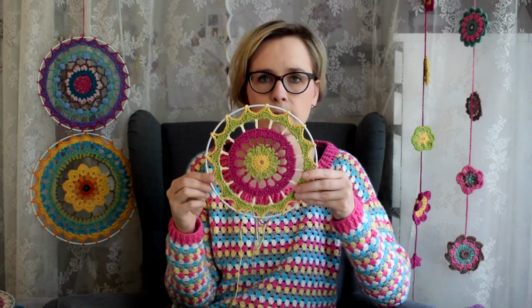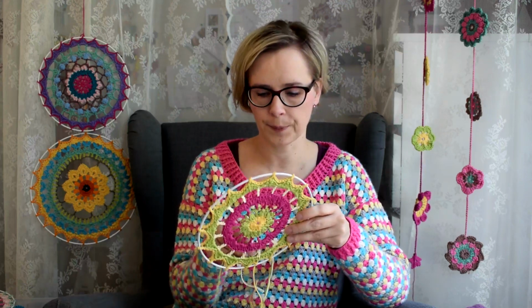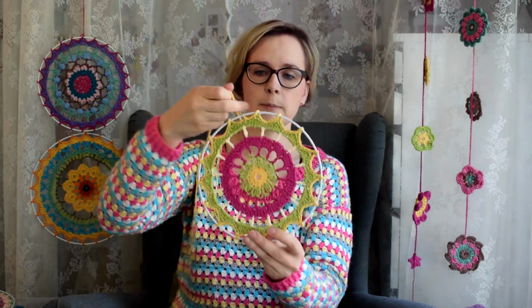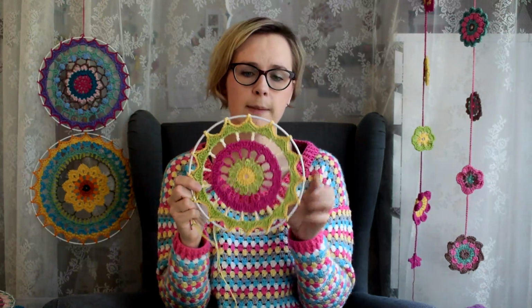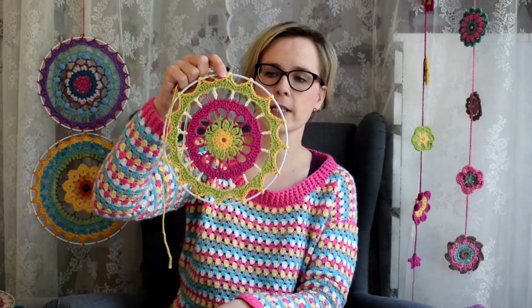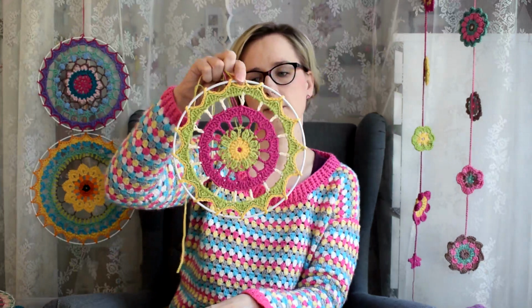Then I have hoops that are 20 centimeters wide, and I didn't find any pattern that was suitable for Drops Muscat and 20 centimeters width, so I made this. I designed this myself. It's nothing really special, but well, it's from my head, and I have 2 more of these size 20 mandalas, and I am planning to modify this first design so that I can get 3 different designs of my own, and I don't have any name for this one yet, but yeah,